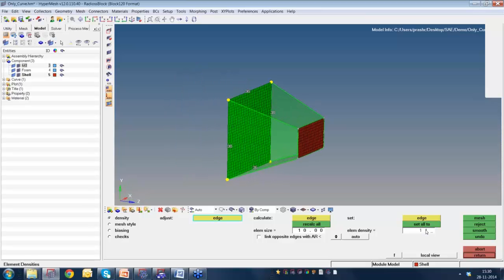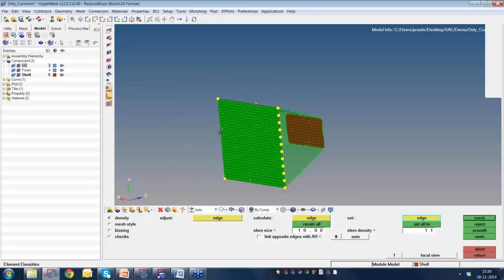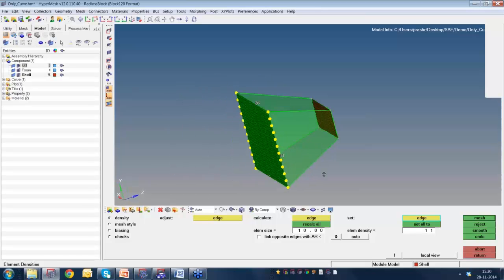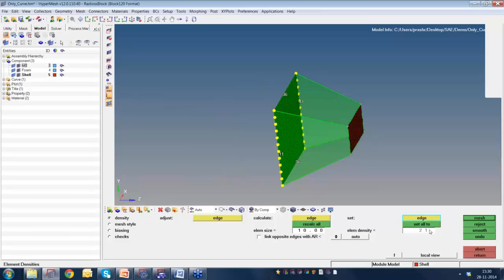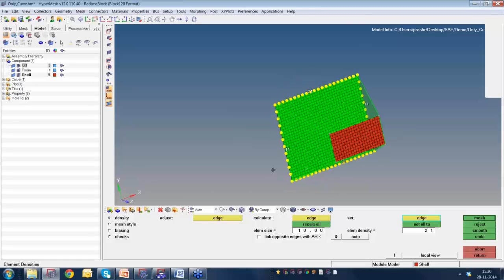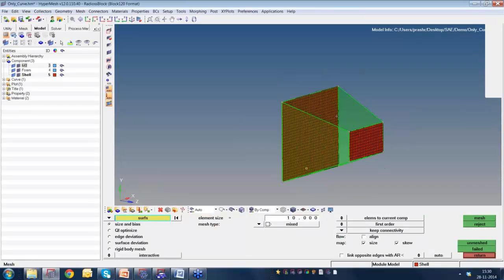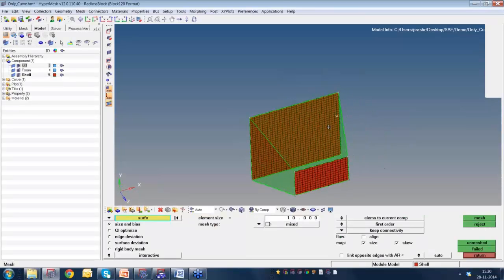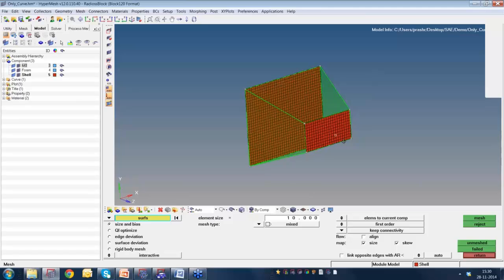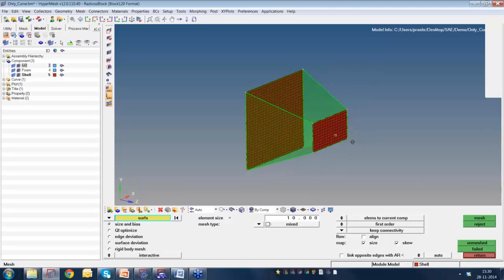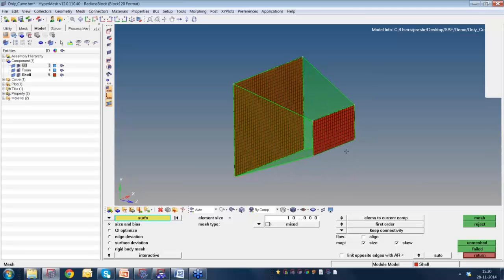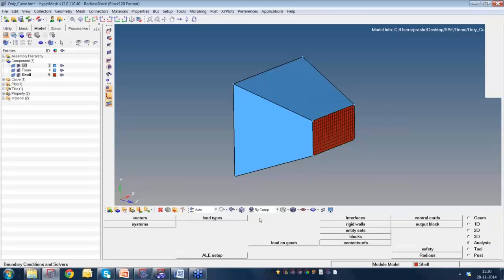I want to achieve the same because I want to use a particular type of solid meshing which asks for the same elements here and there. Okay, done. So now you have shell at both the ends. Now I will use